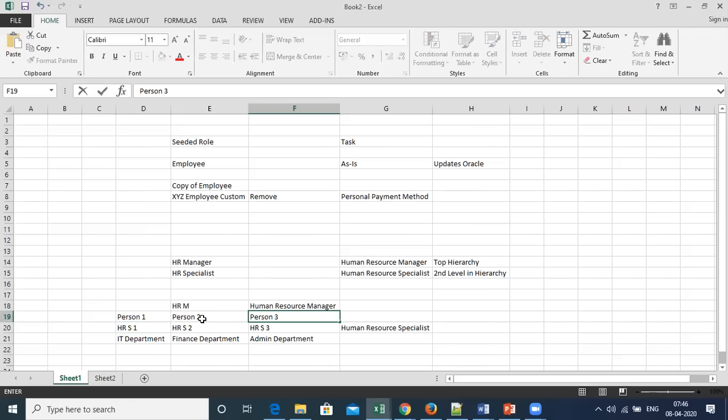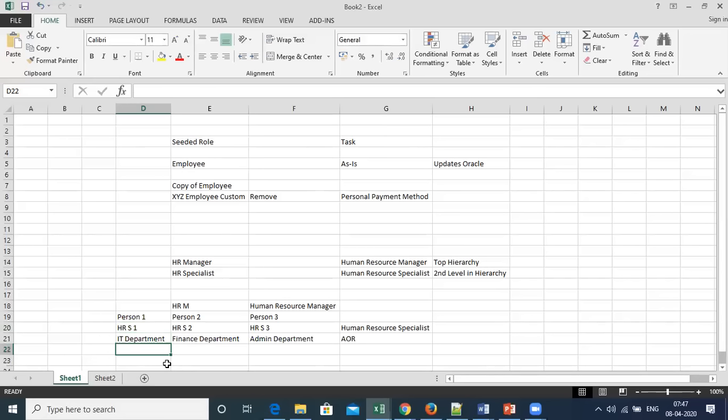So this person 1 has the human resource specialist 1 role, a job role, and also has an area of responsibility. I can say here AOR, in short, area of responsibility for IT department. It means that HR specialist 1 has a responsibility to manage the IT department.